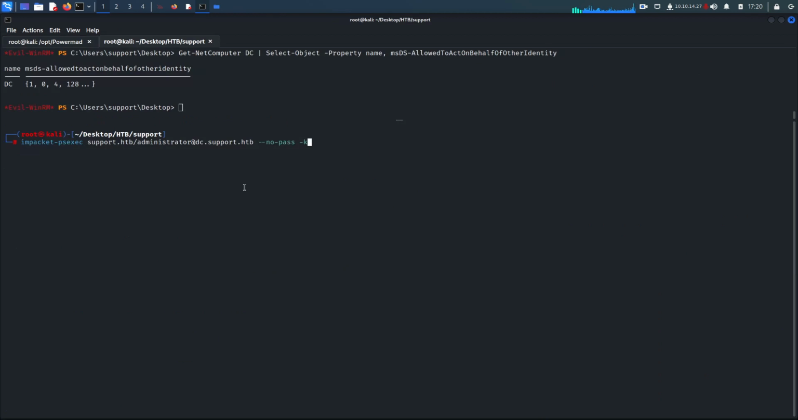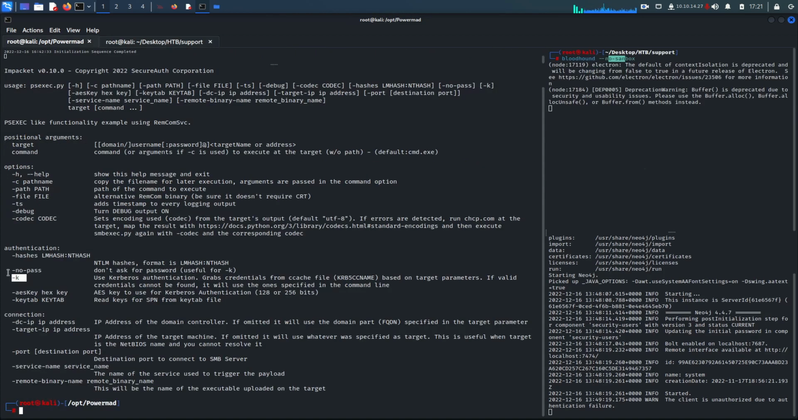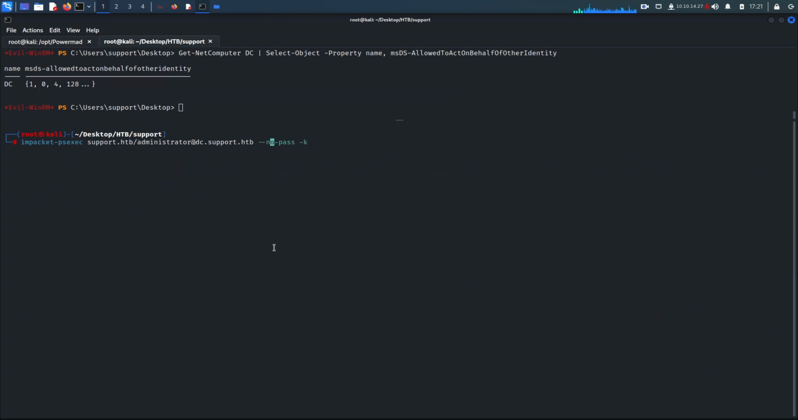Fine, everything is good. Just hit enter, fingers crossed, and we made a mistake. psexec, it is actually just one dash, not two. Clear that. We specified here two dashes. Hit enter,